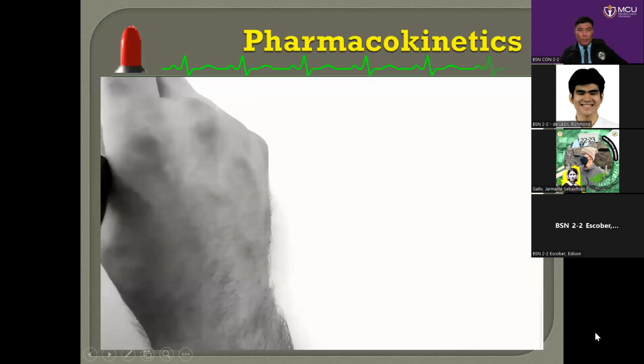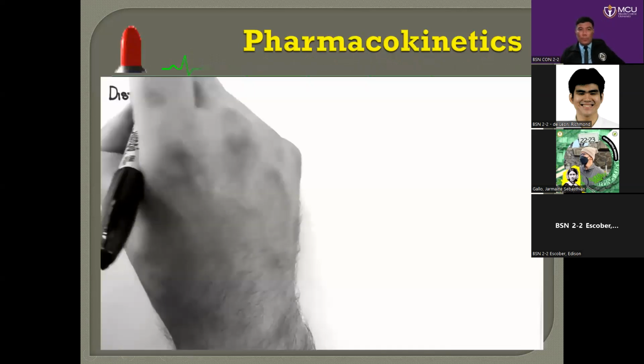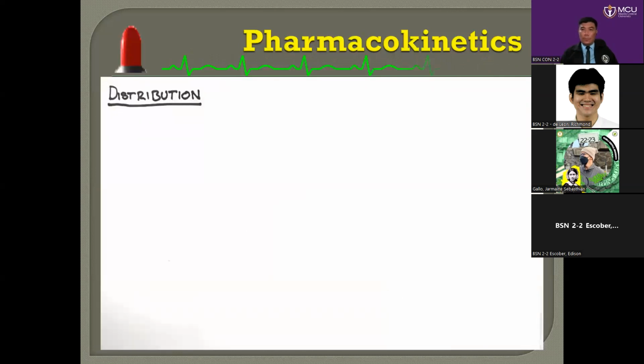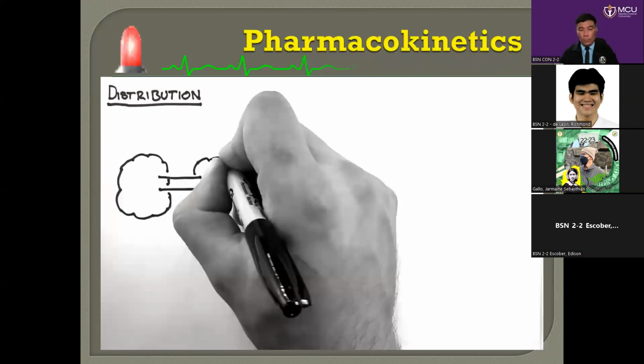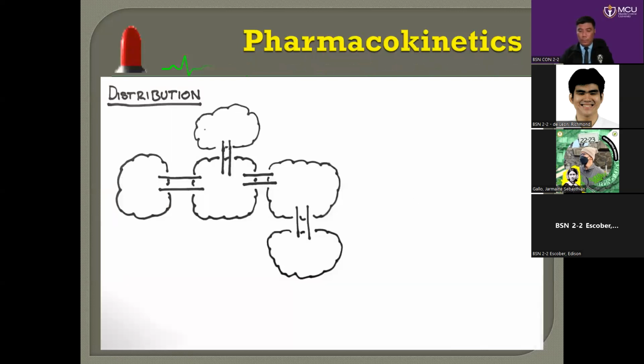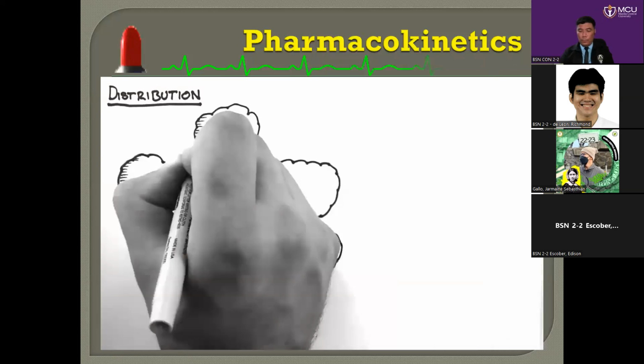Hi, in this tutorial I'm going to talk about the distribution of drugs within body compartments. In the previous tutorial I said that this video would be on the metabolism of drugs, but I've decided that it's probably best to talk about the distribution of drugs before we move on to metabolism. For the purposes of distribution, we can consider that the body is made up of 4 major compartments, which are really collections of fluid, and numerous minor compartments.